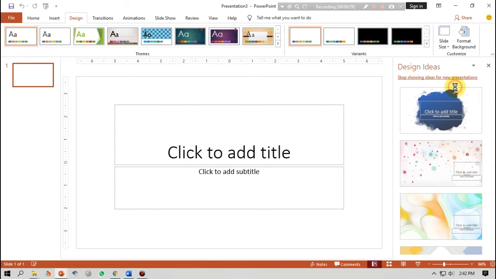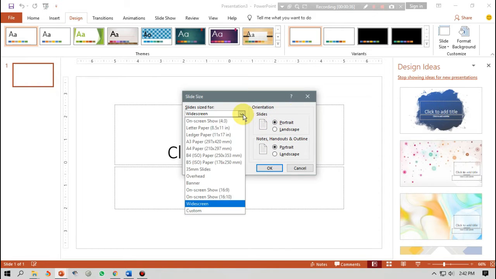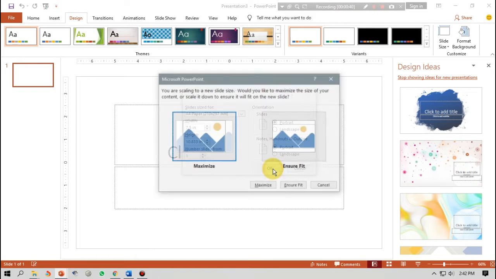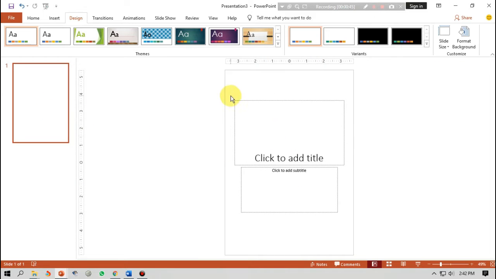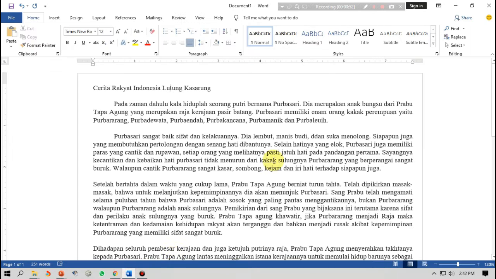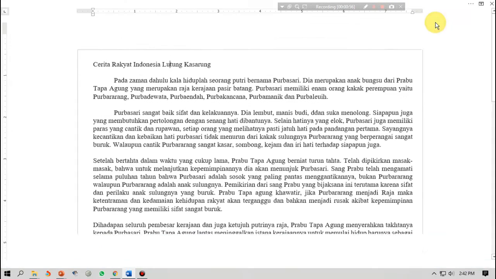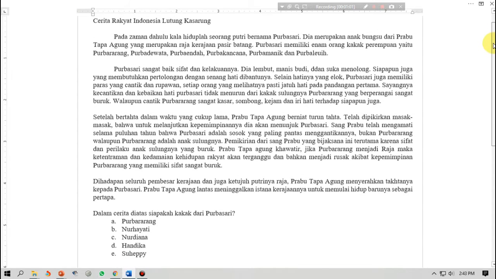Go to Design and then Slide Size, then change the size, make it portrait, and choose this one and click OK and make it max. Now the result will be like this, and you delete the design inside of it. Then we go back to the Word and make it full size like this, and then choose Print Screen